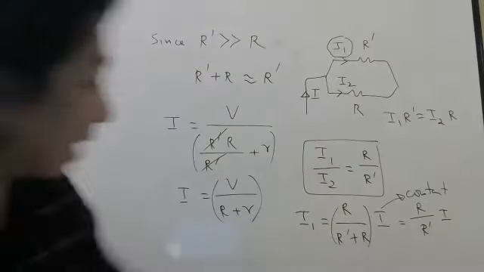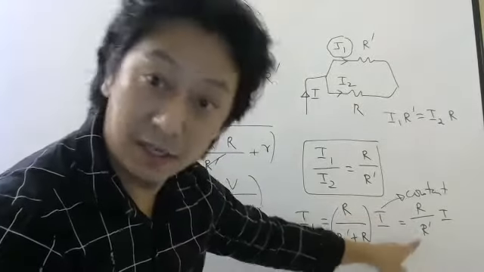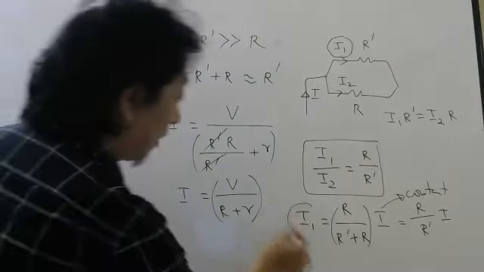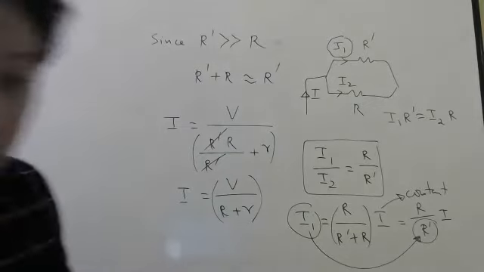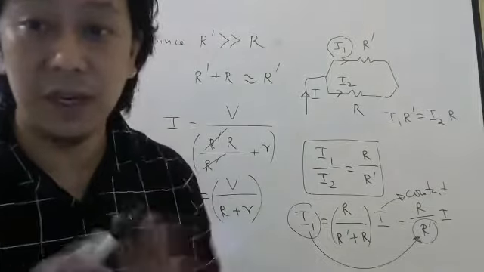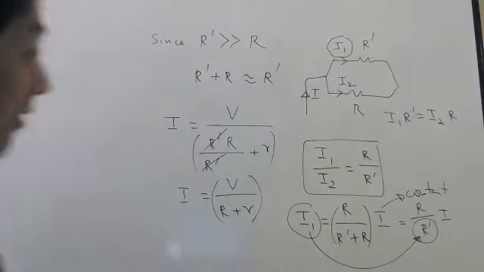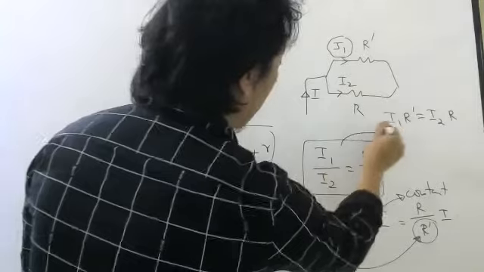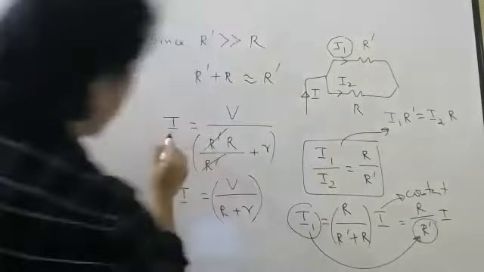When R dash is very large, R dash will be there. Now you see R dash will not cancel. R dash is still there. This is R, students, not R dash. So you can very clearly see current will depend on R dash. Since current depends on R dash, it is very clear that when R dash is varied, current will vary. It will not be approximately constant, even when R dash is very large. This part, everybody understood? How I got this part? You know that these two resistors are in parallel and you know the total current coming from here. Total current is this.